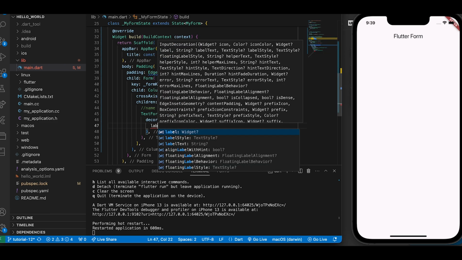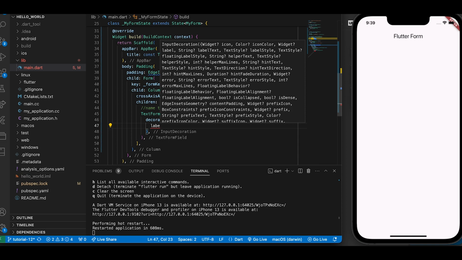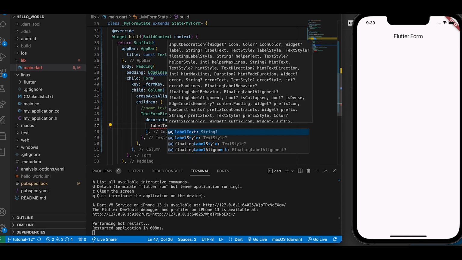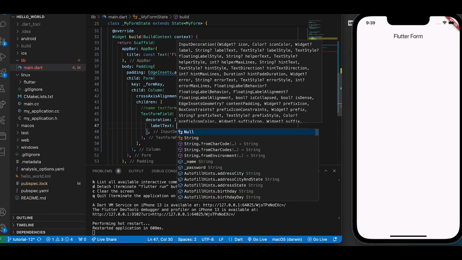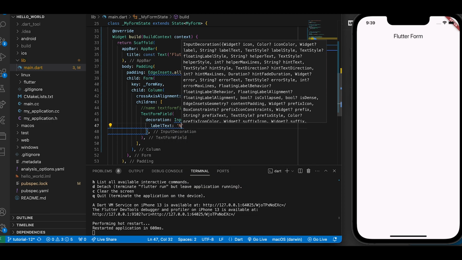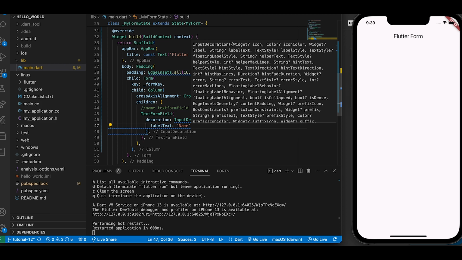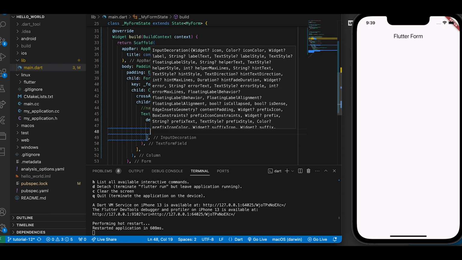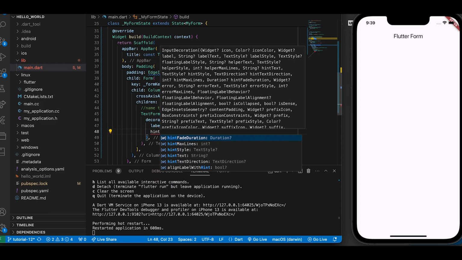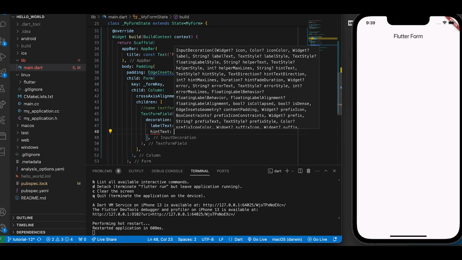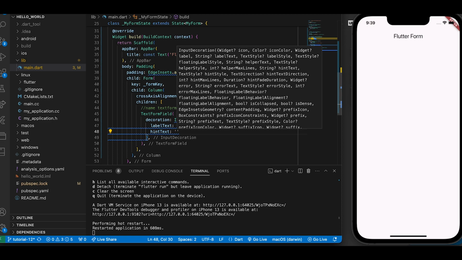So label text, and the label text we are just going to use. We are talking about, it's a string, so we just set name. All right, then we can make use of the hint text too. So the hint text is also a string, so we just have to specify